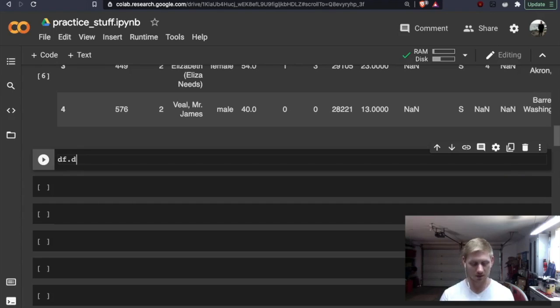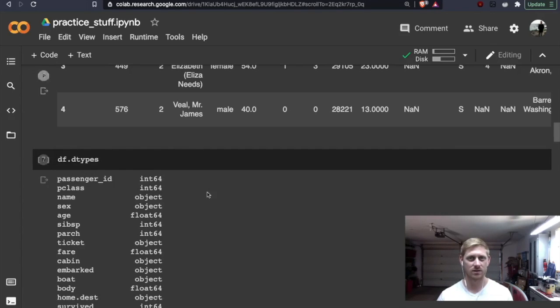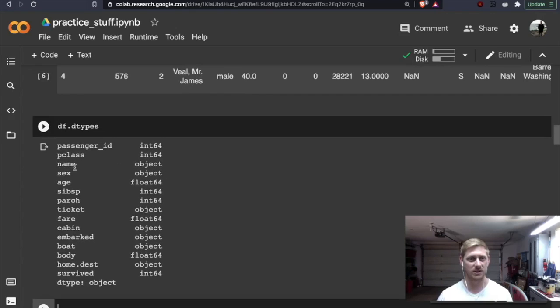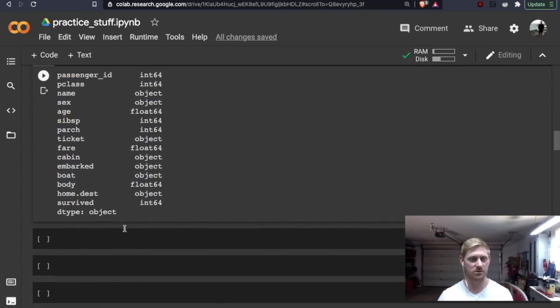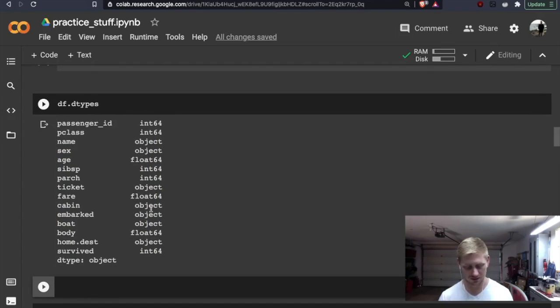Oof, it's laggy. Why is it laggy? So we would have our dtypes, we'd have the name, sex we would want to make sure that we dummied. This is float, int, object, so we drop these ones. So let's go ahead and drop some of these. So let's go ahead and do dataframe.drop. And then from there, let's go ahead and drop a number of columns.